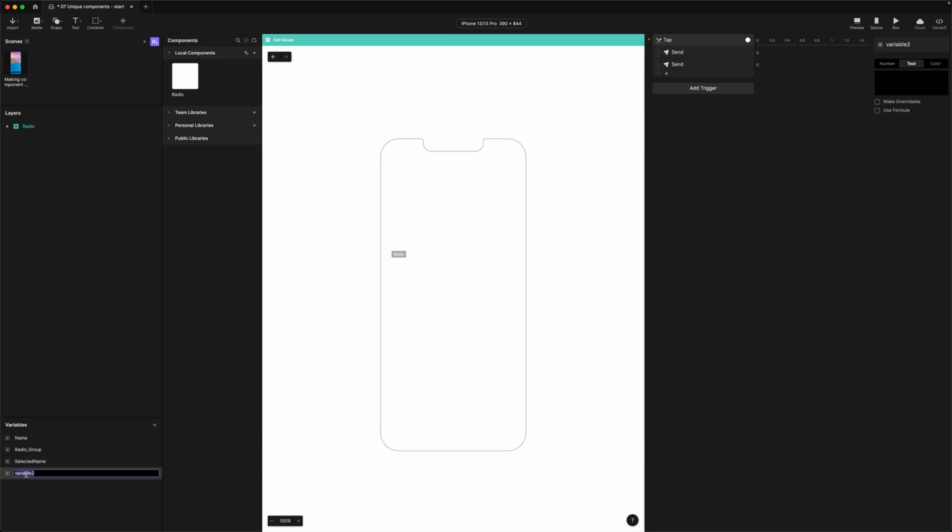And the second one's going to be called selected group. Next up, let's come over to the triggers panel and we're going to add a receive trigger. We're going to leave the channel as receive from current scene, and we're going to come into our messages and choose the message radio selected. Let's check the assign to variable box, and in the drop down we're going to choose selected name,